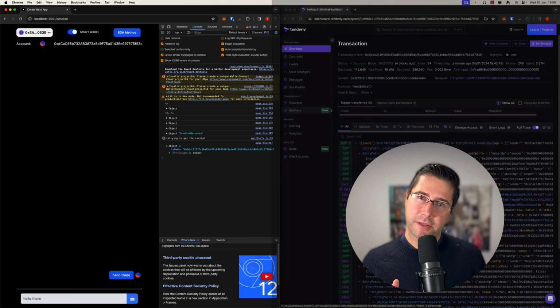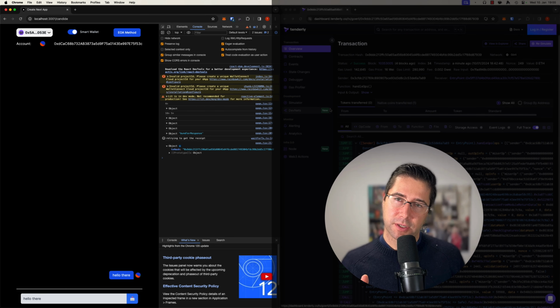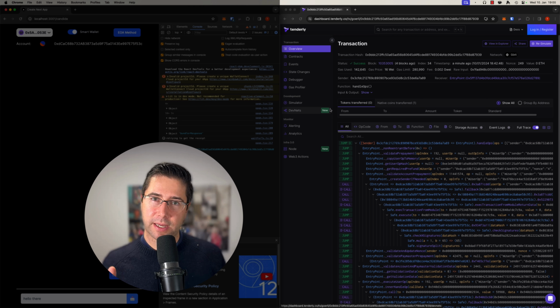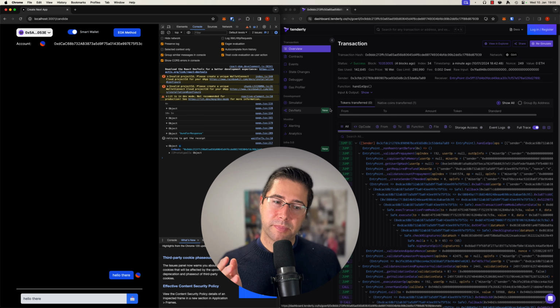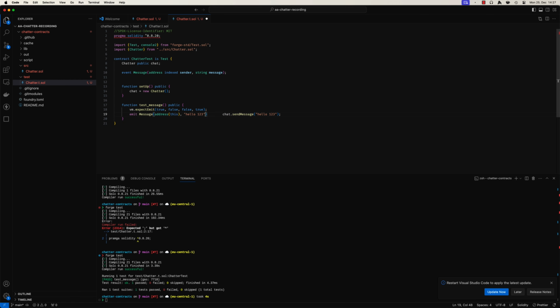What you see here on the left is a chat application that uses account abstraction. And on the right, you see a transaction against the entry point smart contract that is debugged through Tenderly. Now in this video, I want to build this application from scratch using first Foundry for the smart contract development,